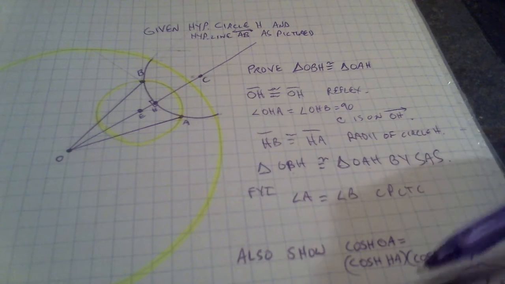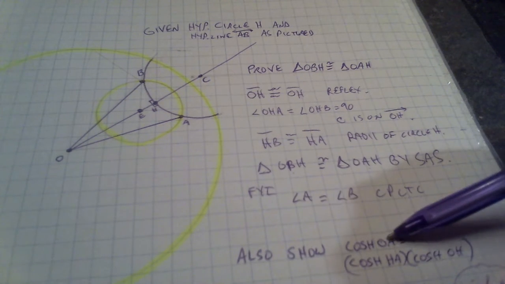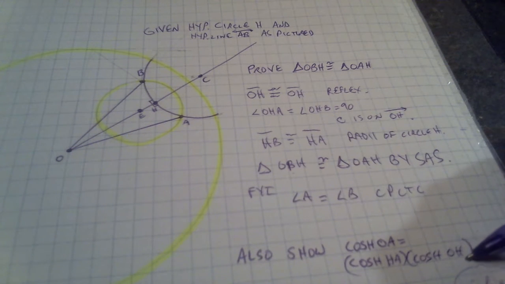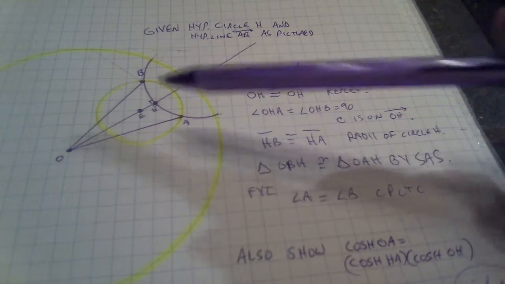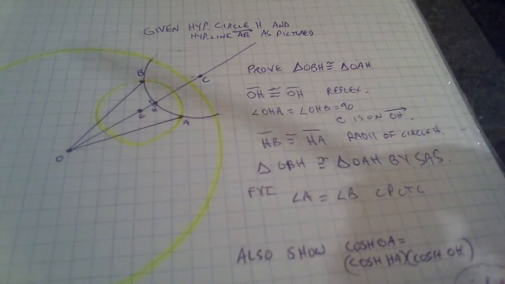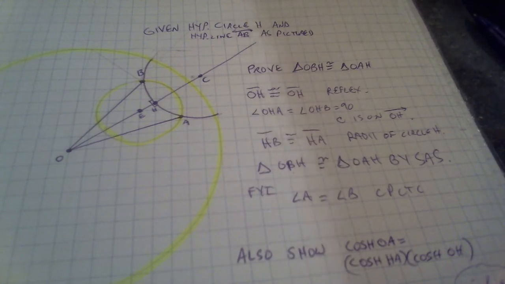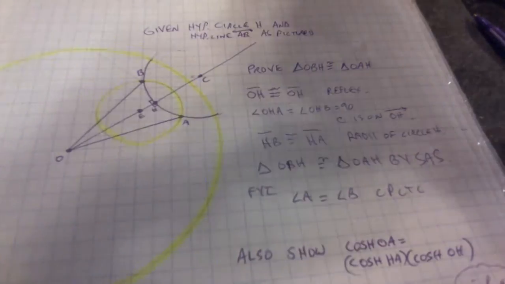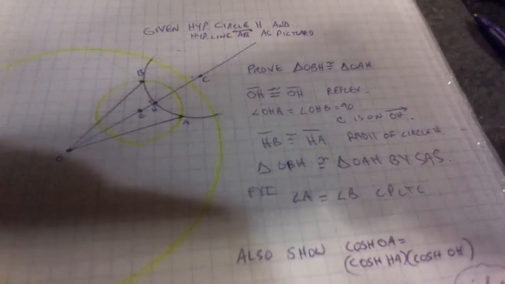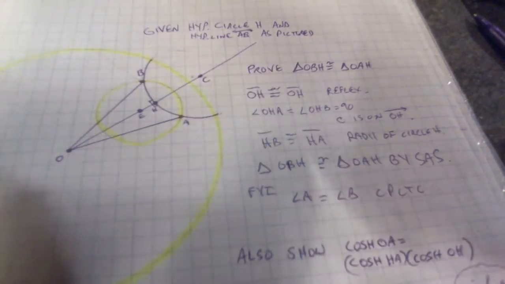Then there's one more question. Do you see it down here? So that cosh OA is equal to cosh HA times cosh OH. That's referring to this one hyperbolic right triangle right there. Well, we have a formula in the book. It's on, I believe, page 86 or 87. Let's go see it real quick. And it is this one,